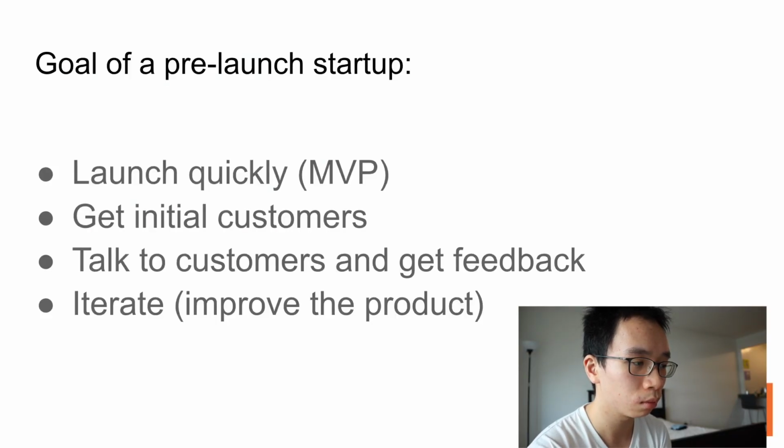And I like to distinguish between iterating and pivoting. A lot of founders, once they've figured out how to build something, fall in love with it. And so if it doesn't work for a certain set of users, they start thinking, well, I wonder what other problems this thing can solve. Well, the screwdriver is not actually good at screwing in anything, but I wonder what other problems it could solve. And they're like, oh, maybe you can use it to cook. Maybe you can use it to clean. And it's like, no, the problem was I need to screw something in.